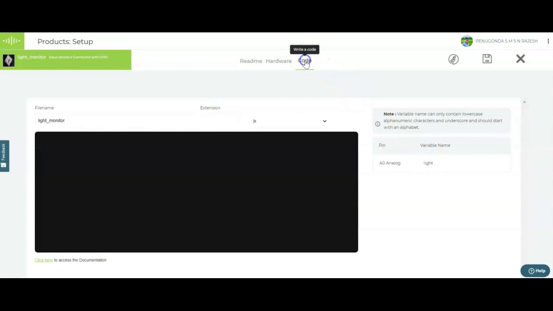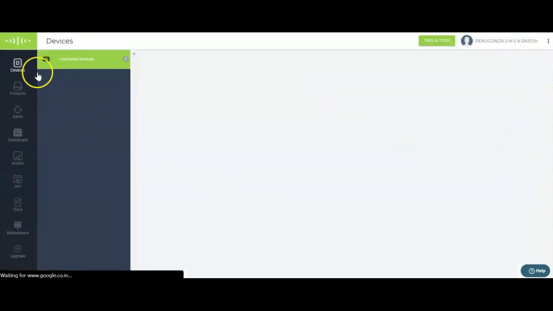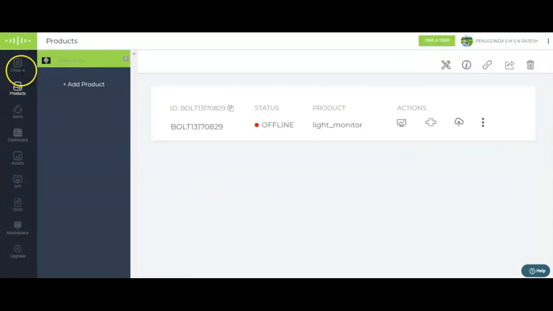Now there is a simple code to plot the data which is received. So that is the plot chart function I am using, and this is the timestamp, that is the first column name, and the data, the variable name here, that is light. After doing this we have to connect this product to this device. We have already there, that's the device, and now whenever we click this, the Wi-Fi module will send the data to this cloud, but automatically every 5 minutes it will store the data. Now already I have stored some data.